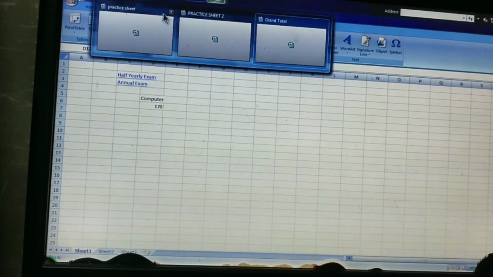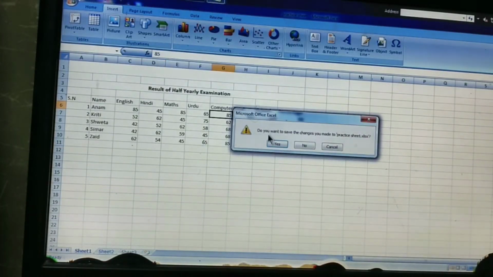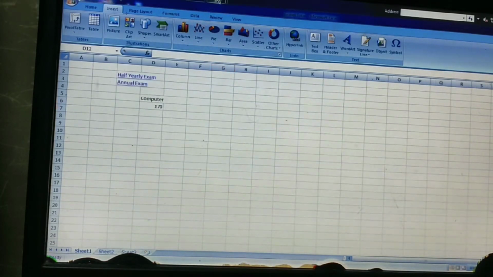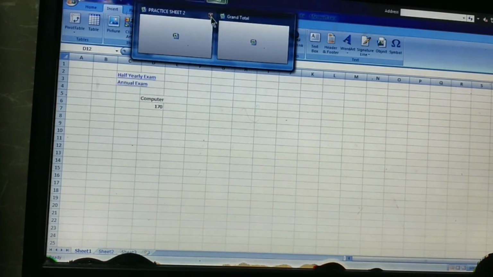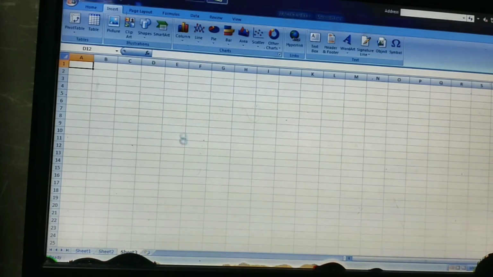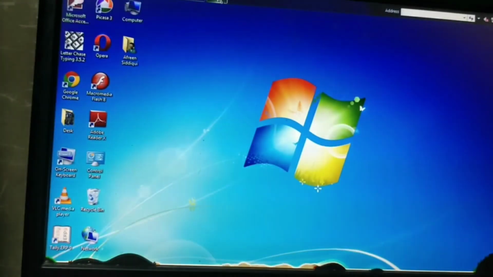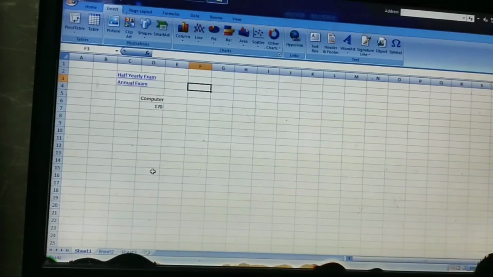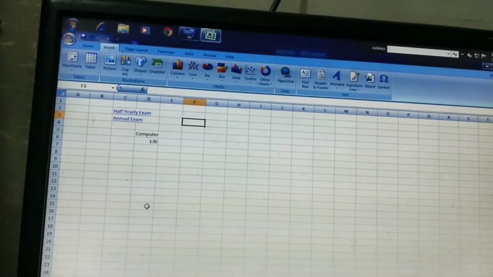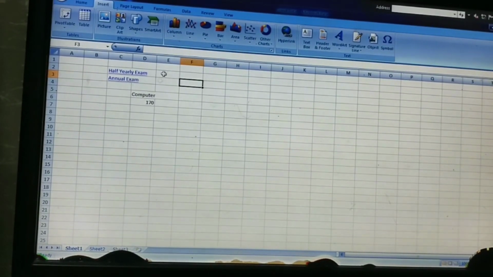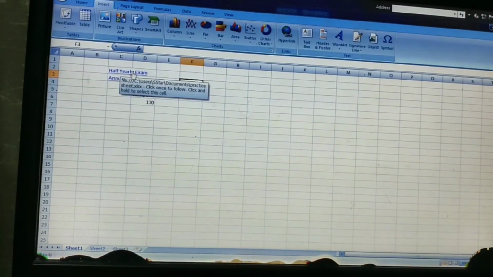Now the file has been opened here. I'm closing both the files, practice sheet as well as practice sheet 2. Now let's see how to open these files. You can see I have opened just one file. Now I'm opening the practice sheet, meaning half yearly exams, using the link.